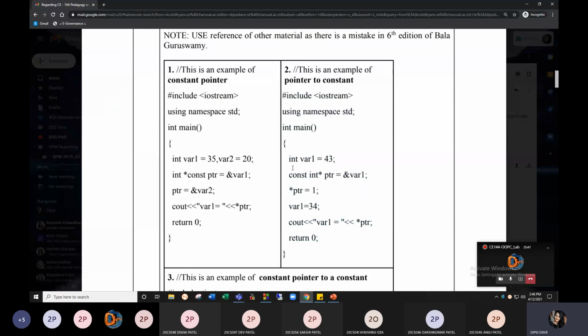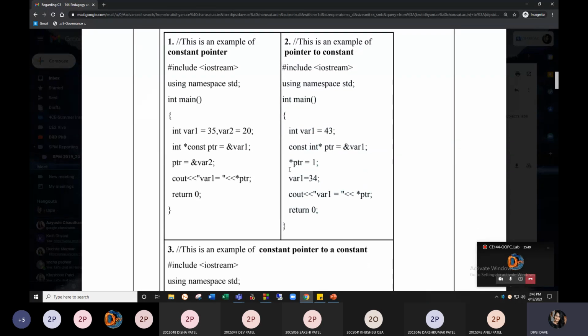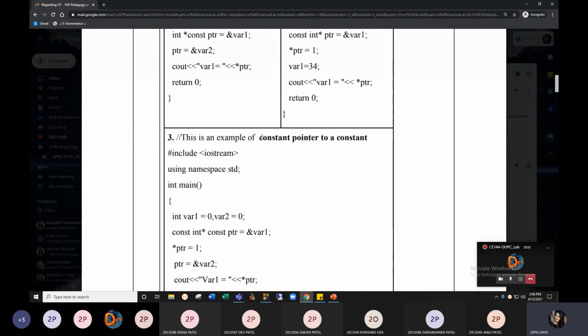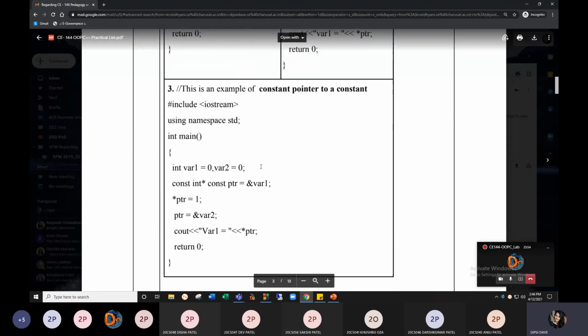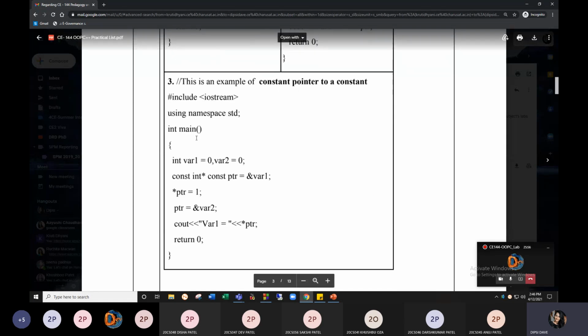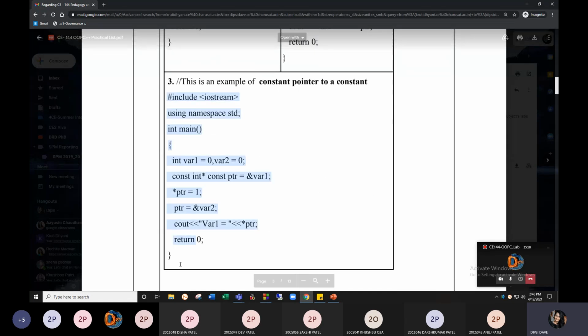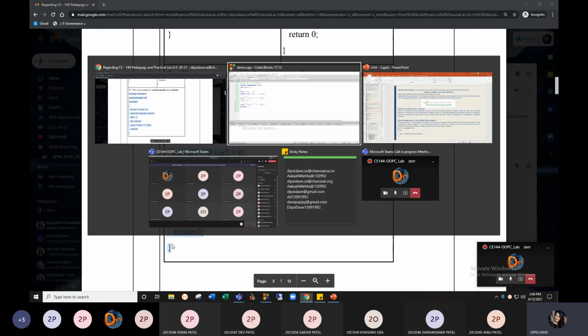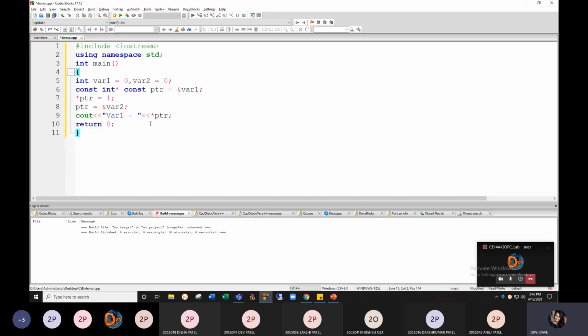So the pointer must be there. If you are trying to access through the pointer, then that is wrong. Now constant pointer to a constant. Now both these concepts have been merged into one program. That means you cannot change the value of the pointer, or you cannot change the value of the variable through the pointer. Both of them are wrong. You can see that it shows two different errors, this one and this one.